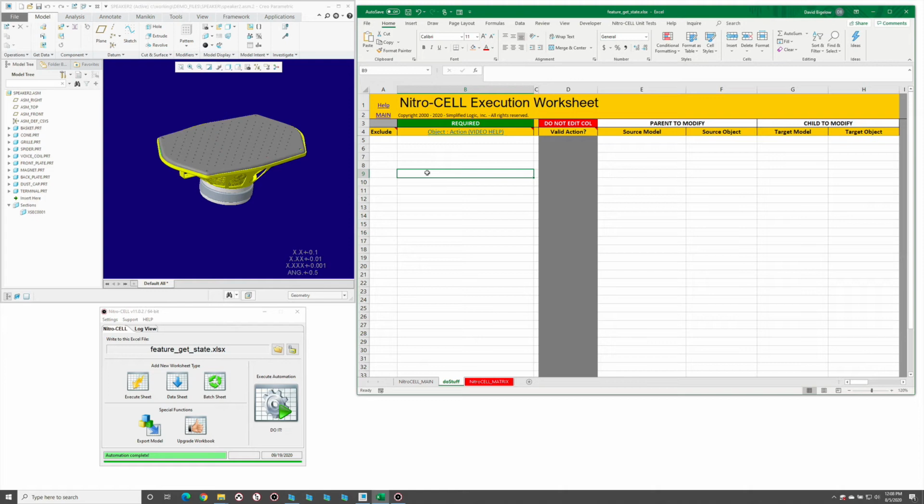Okay, there are many times within the automation process where you may want to determine the state of a feature or the status of it prior to making other decisions. And we actually have a pretty easy way to do that. So I'm going to give you a, let's see, feature, and then